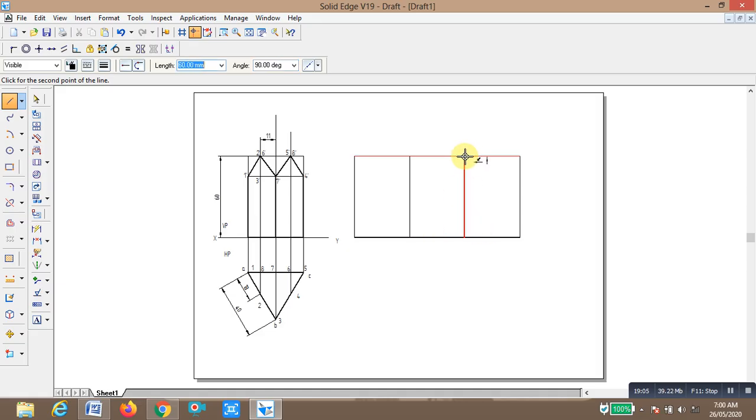Okay, in between AB, this point is A, this point is B, 18 mm distance. At a distance of 18 mm I am going to draw another line, 18, enter, 0, enter. Okay, from this I am going to draw a vertical line. Similarly at this end, here, this point B and